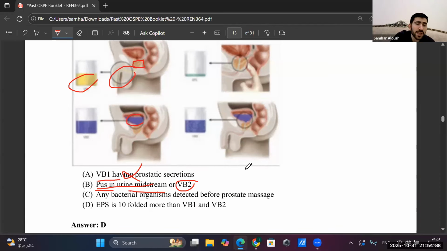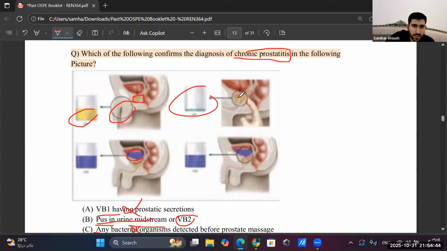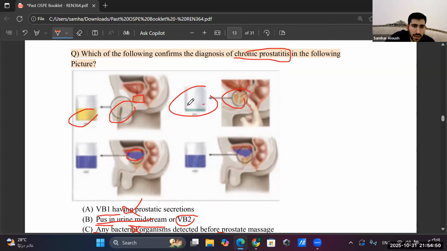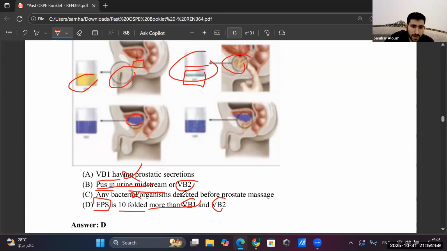Any bacterial organism before prostate massage? Before prostate massage, we can't see prostatic secretion, so there is no point of picking C. EPS, which is this one, which is after prostate massage, is way higher than VB1 and VB2. Normally, EPS is very low. But if we have chronic prostatitis or inflammation, we will have high EPS, which is way higher than VB1 and VB2,